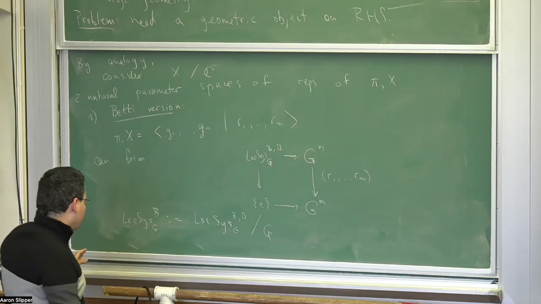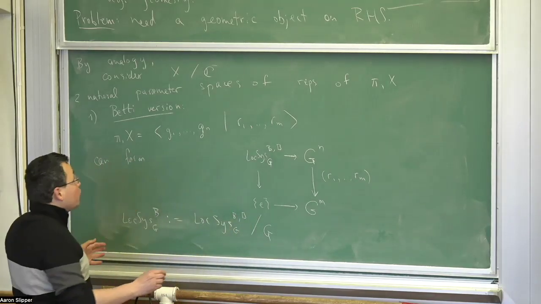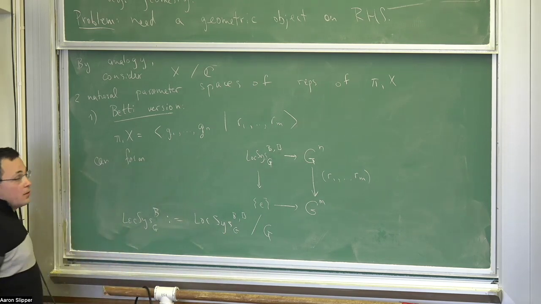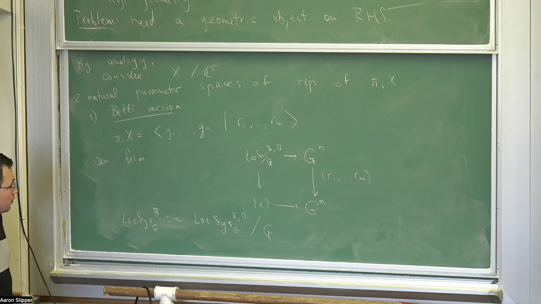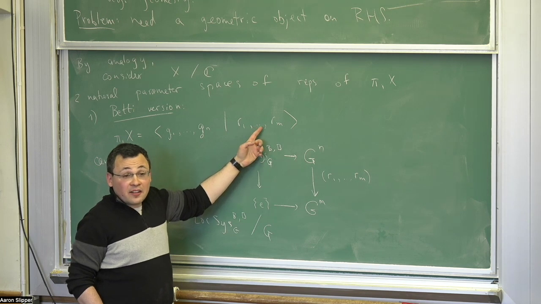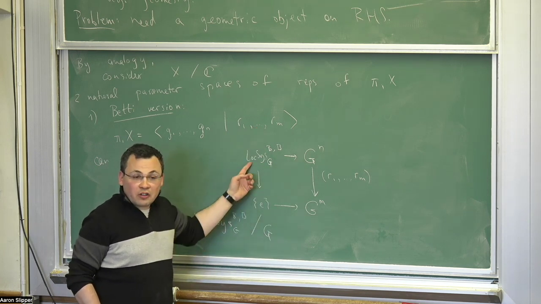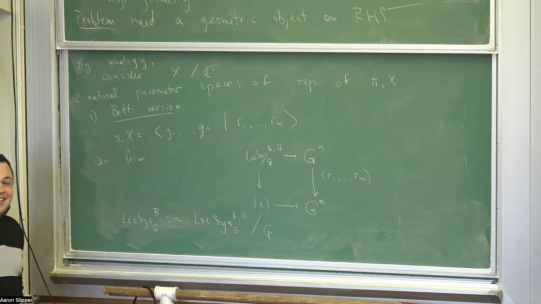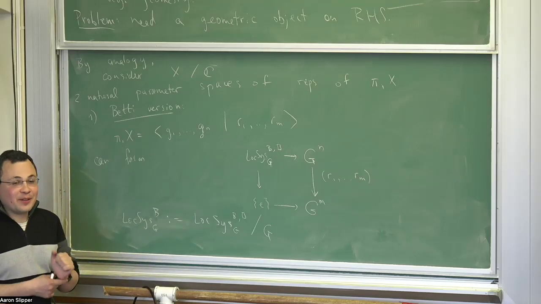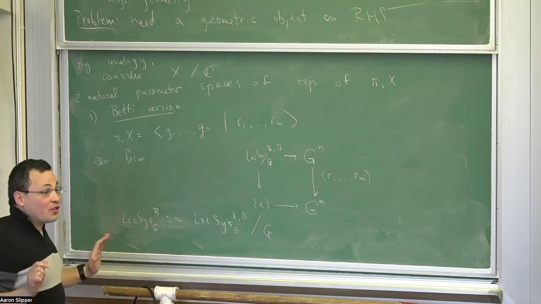The derived structure is important, but for most of the work we'll be ignoring that. So it will be the wrong derived structure, even if you take the fiber product in the derived sense. For instance, suppose you just put in another relation, the same relation twice. It's the same presentation, but it will change the derived structure. So that's what I mean by it has to be a kind of homotopy presentation. Again, not an issue for the usual presentation of a surface.